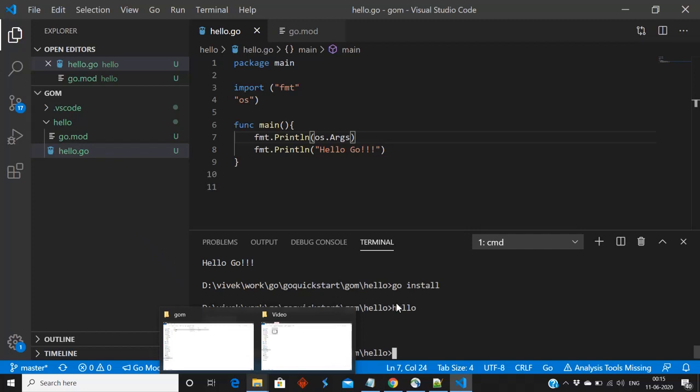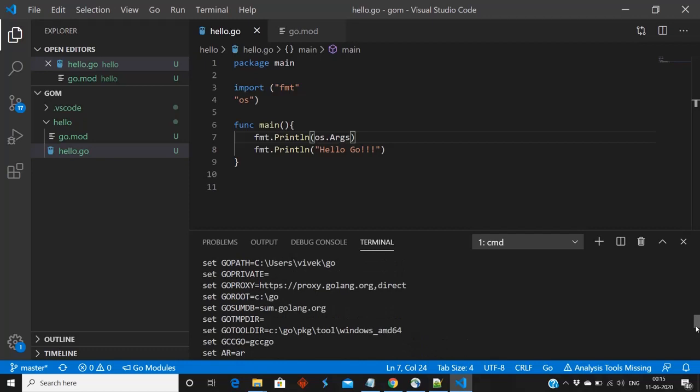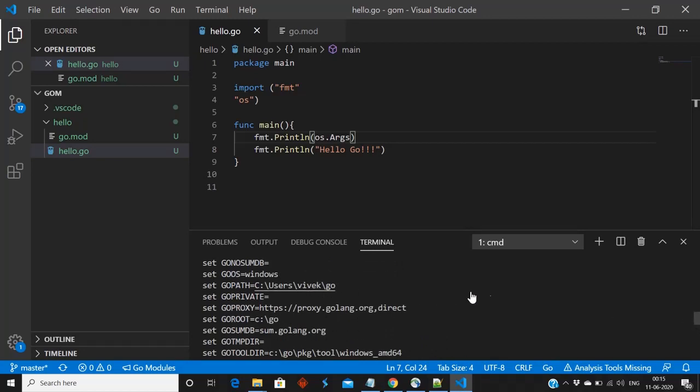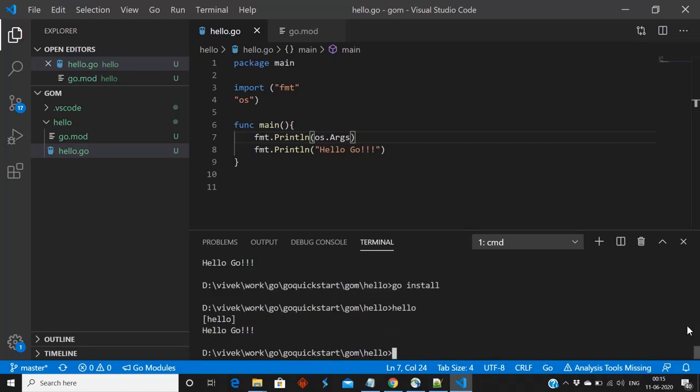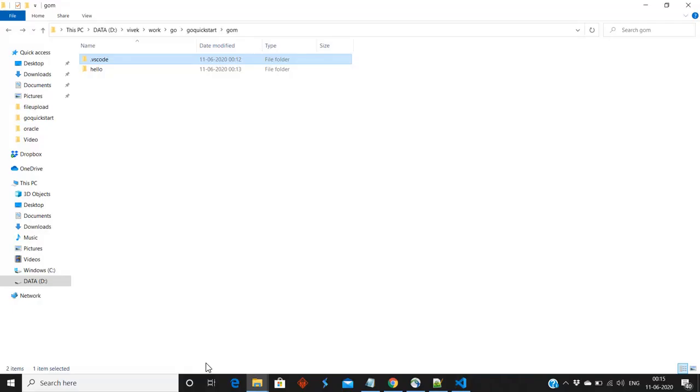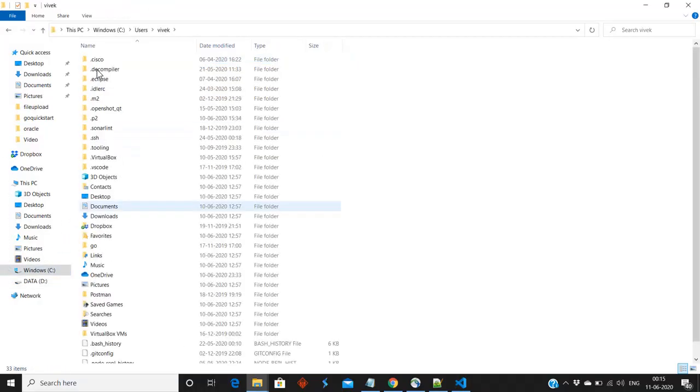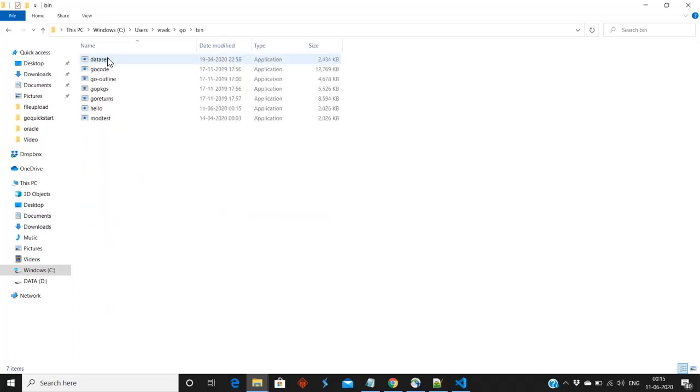Let me show you what our GOPATH is. If you see, our GOPATH is C:\Users\Vivek\go. Let us go to that path. If you see the bin folder, there is hello that was created today, just some time before. It means go install is installing the file here.